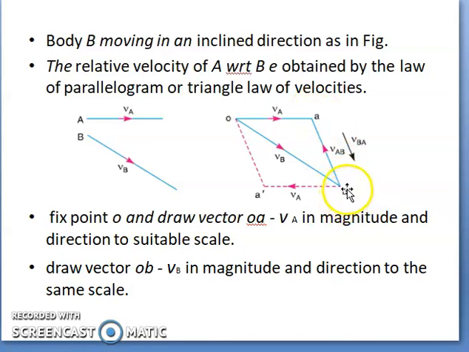So if you want the velocity of the body A with respect to B, that is VAB, the arrowhead will be directed towards A. Suppose you have to find out the velocity of B with respect to A, then the arrowhead will be directed towards the point B. Okay, so if you are having a body A moving with the velocity of VA and another body B which is moving at a velocity of VB,